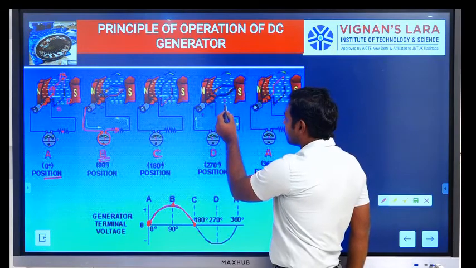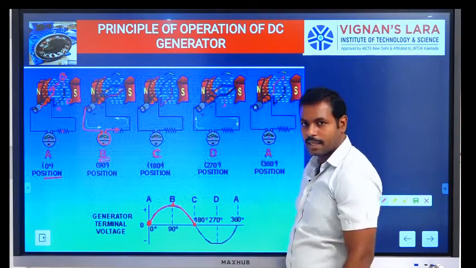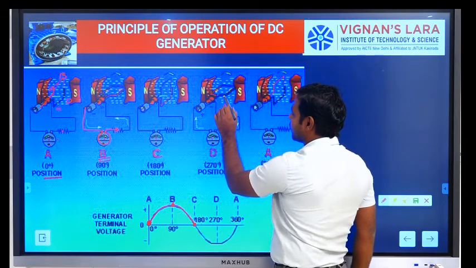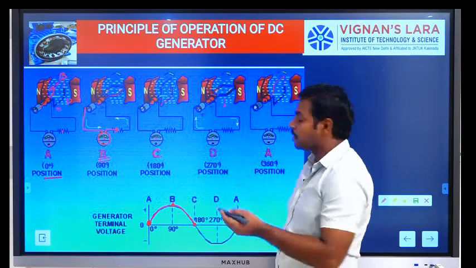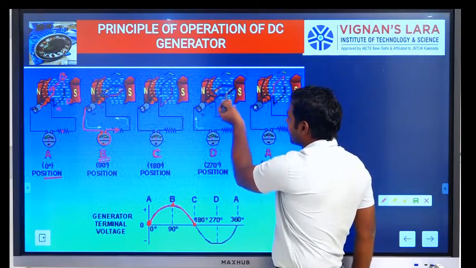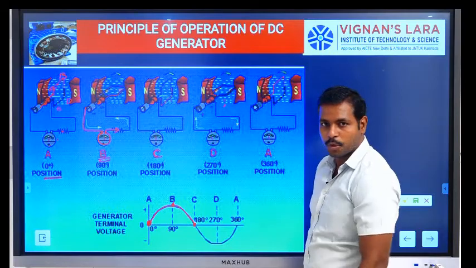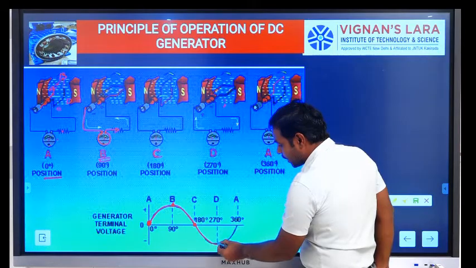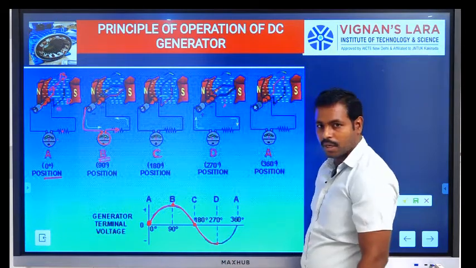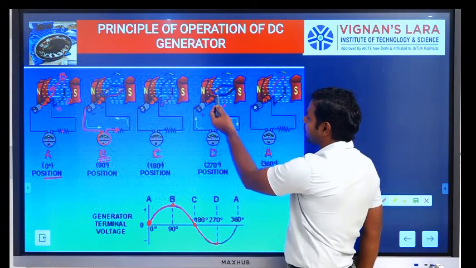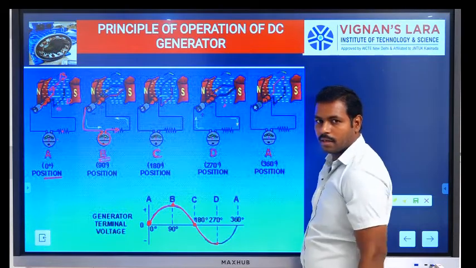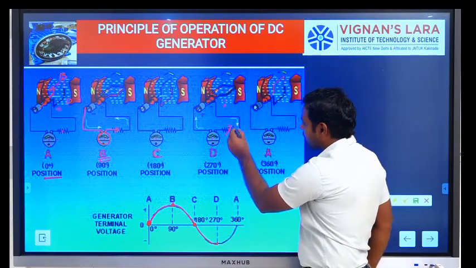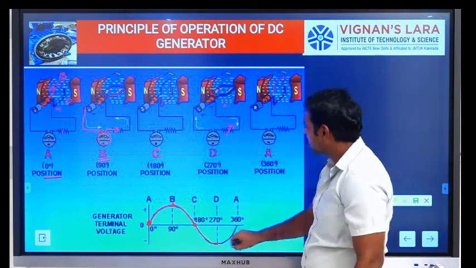So that's why it comes into the 180 degrees to 270 degrees. Again, the flux cut by the conductor is also maximum, because it comes into the horizontal position. So the conductor positions also change. That means the negative half cycle, corresponding to the maximum amount of flux by the rectangular coil, which is directly delivered to the external load. So that is the maximum amount of flux.